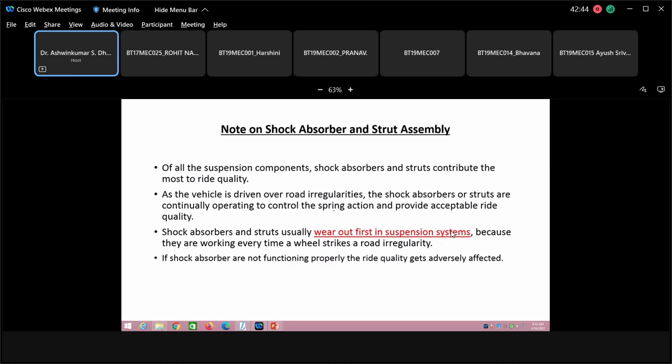See this, I have marked it in red because it is said that a chain is as strong as its weakest link. Therefore, in the suspension system, before failure of any other component, the shock absorber will wear out first. So, सर अगर आप कहीं शॉक एब्जॉर्बर में अगर लीकेज देखें